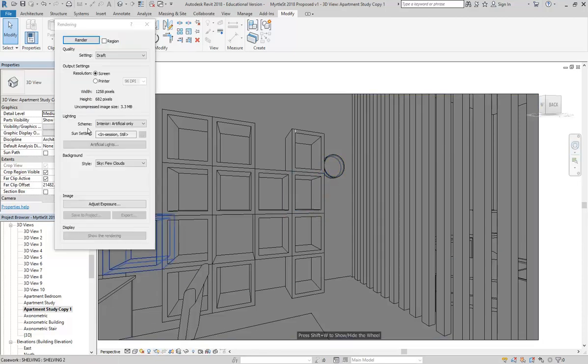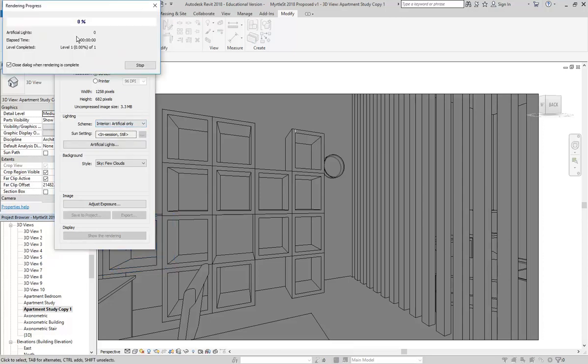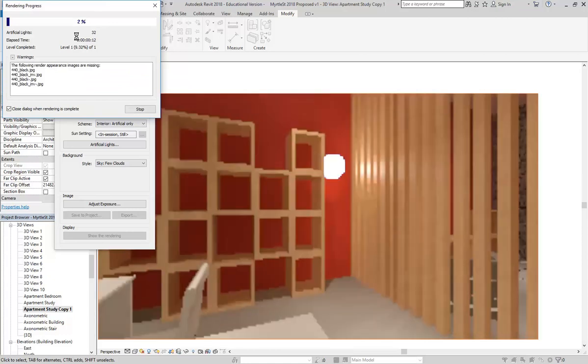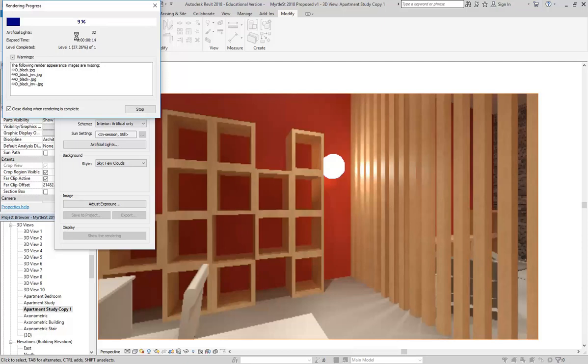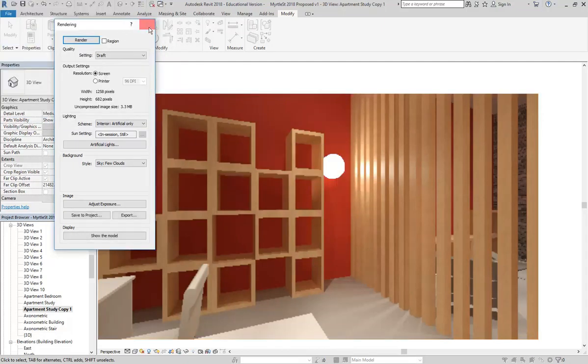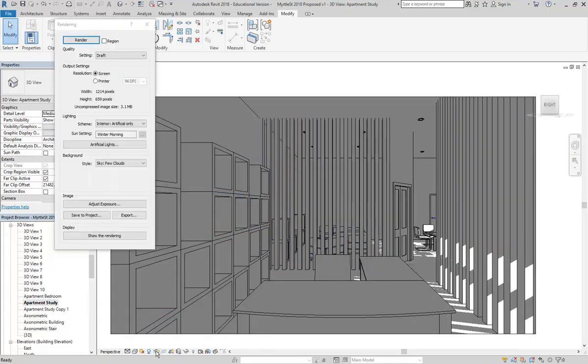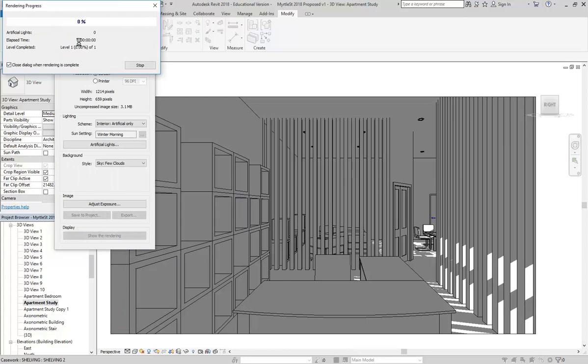Okay, but then very quickly I'll just check to make sure that's rendering. So again, it's picked up the settings that I had before for the interior view, for the one that had the artificial light. Okay, you can see it's actually giving fairly realistic lighting there. And then I'll go back to the original study and just show you what would happen if I change it to sun